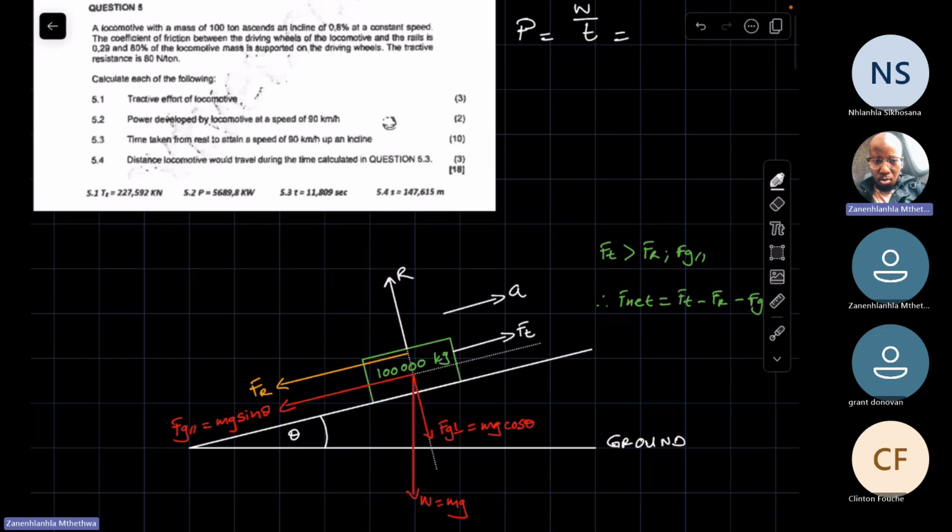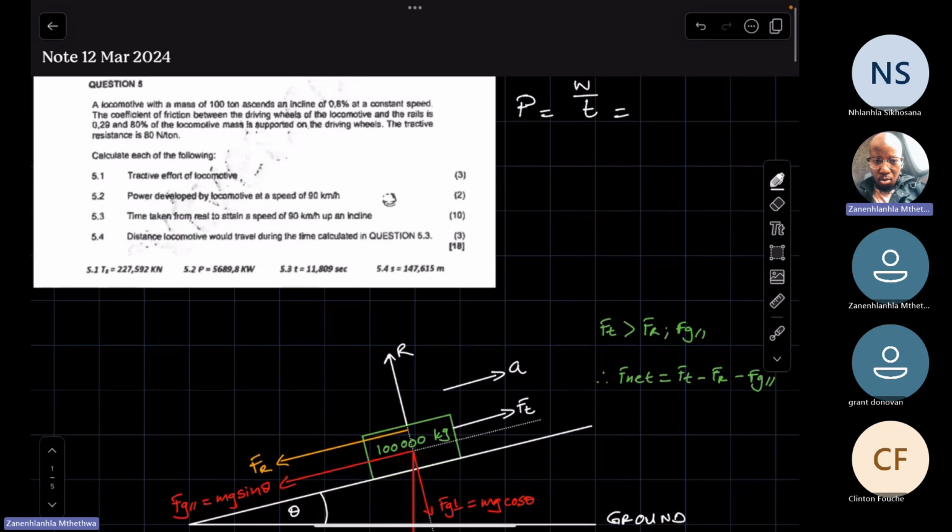Each of these forces has some work done due to it, right? Now, in calculating power in N3, we learned that to calculate power, if you're going to use work done, it is going to be the total work done, WT, divided by T. So this stands for total work done. And then if you're going to express power in terms of force, then we use total force applied times the